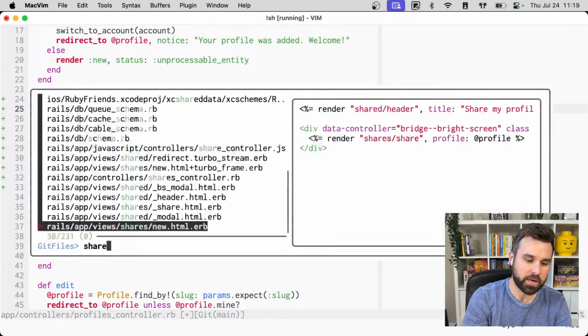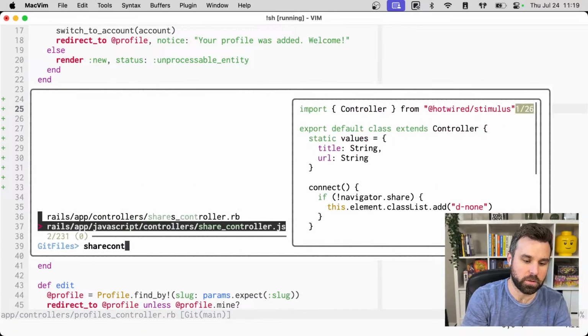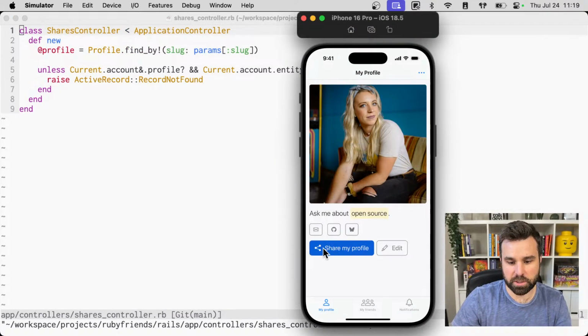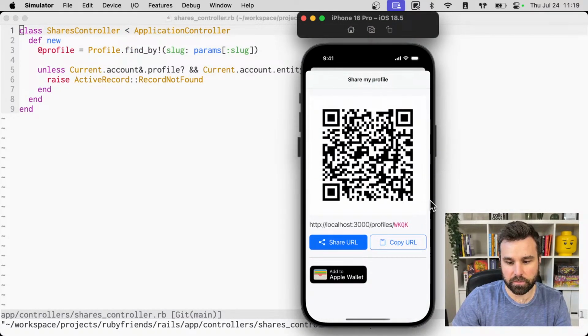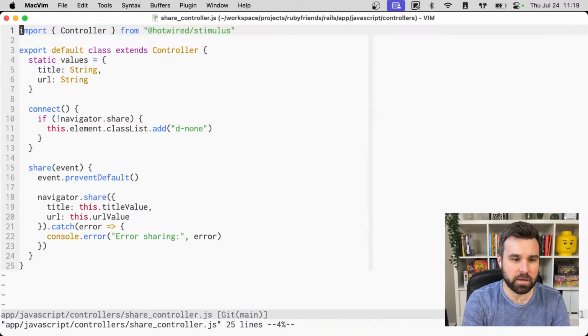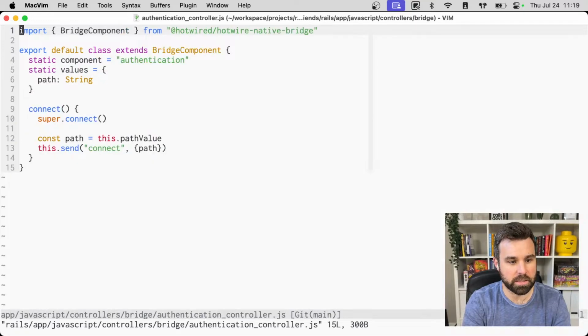So on the share, the profile, let's see, the share controller. So when the user clicks share my profile, this is loaded, this is a new screen, right? We don't care what the URL is. We're just grabbing the profile by the slug. Yeah, this could work. This could work. I might refactor that. I think that the difference, like the benefit to it though, auth controller JS, is that